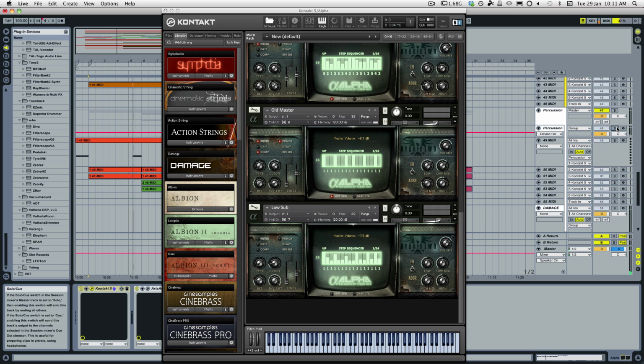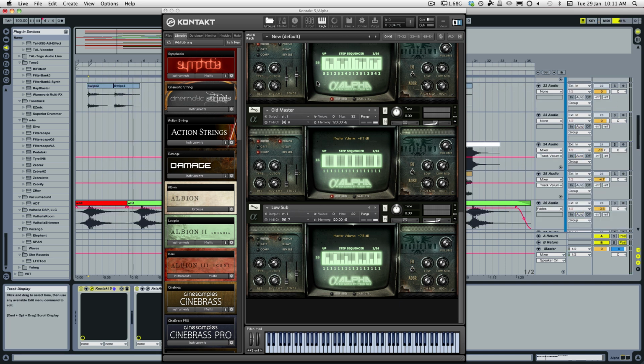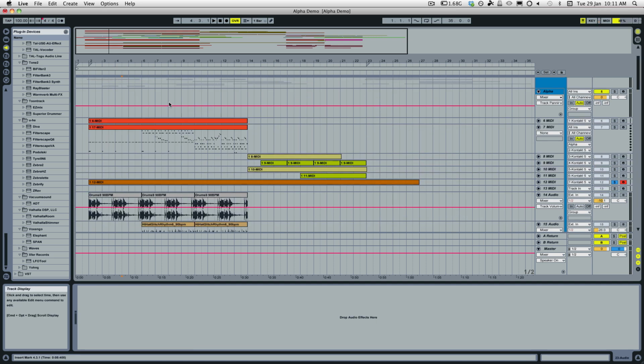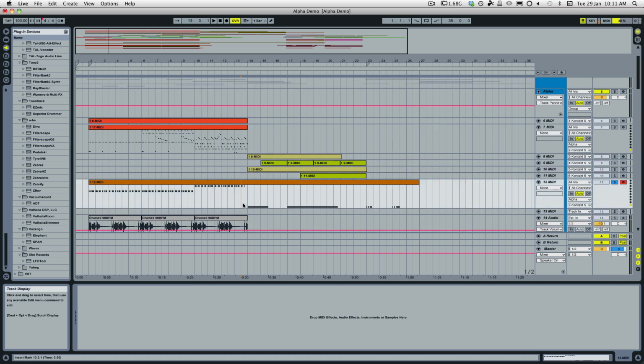And whilst it doesn't sound very interesting by itself, you'd be surprised how much just having that sub in there adds to the overall sound. It's a peculiar thing. Maybe it's the way it interacts with the speakers. I'm not sure, but when you've got lots of action going on, even if it's quite subtle, just a sub sine wave going on underneath, like I have in this section here, you can hear it's